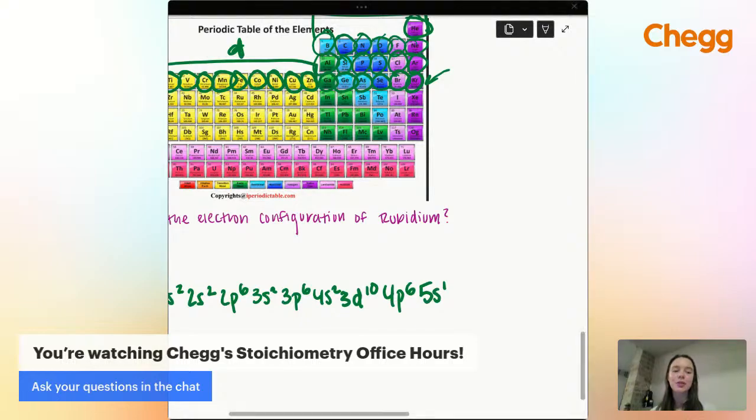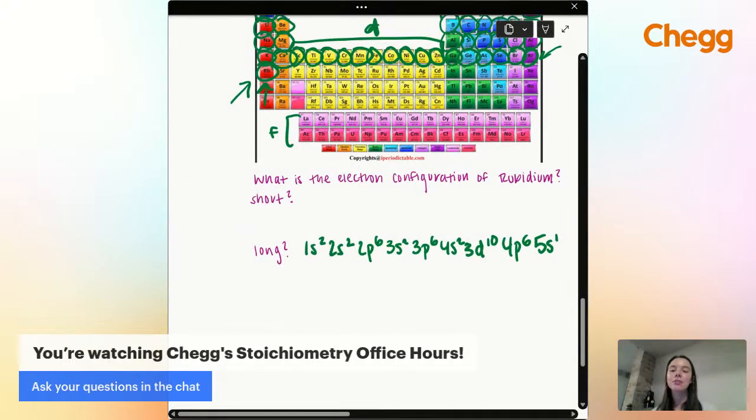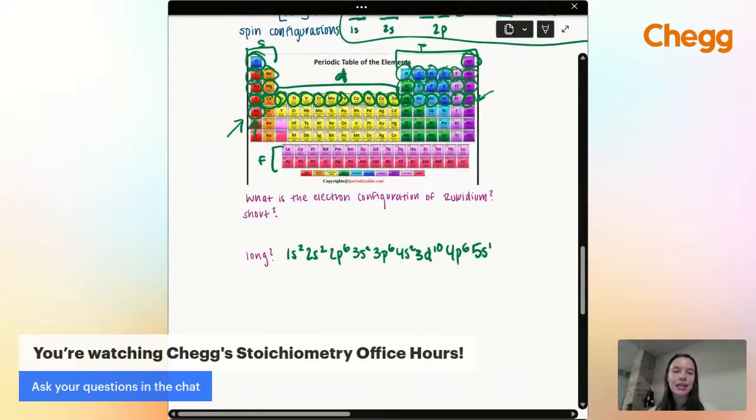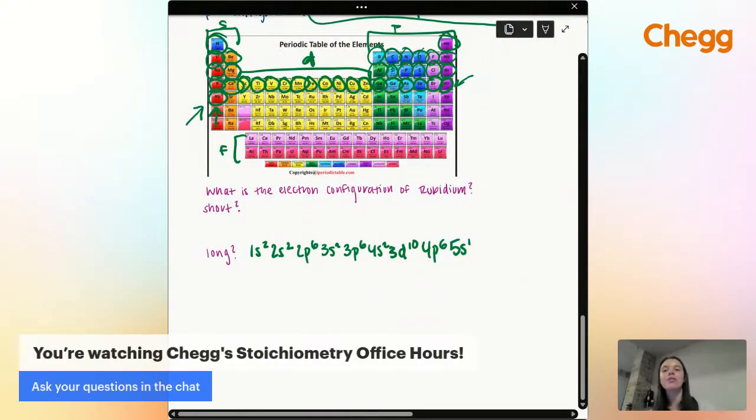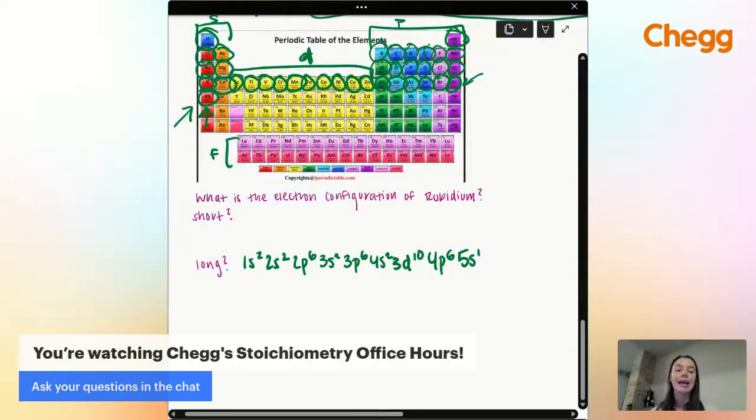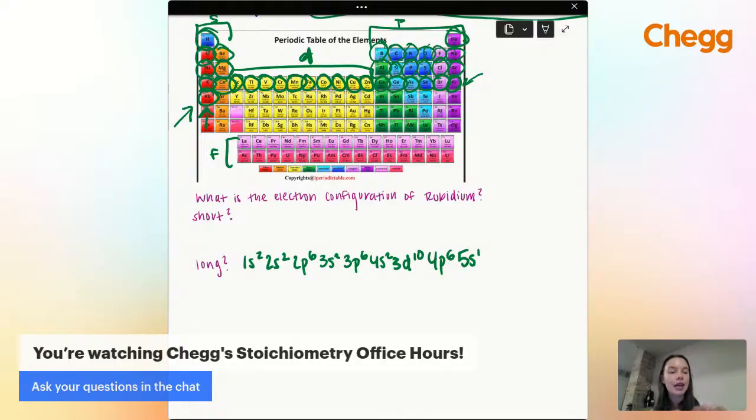All right, that was a super long electron configuration. Thumbs up if we got that. I'm going to give y'all 10 seconds. Thumbs up if you got that. Are we following along? Are we understanding how to find those short and long configurations? If you need more help or you're not understanding, put a thumbs down on the TikTok, YouTube chat, whatever it is, just so I can kind of gauge where everyone is. All right, about 4 more seconds. Thumbs up or thumbs down, guys. Alrighty, I'm not seeing any thumbs down, so we're going to continue.